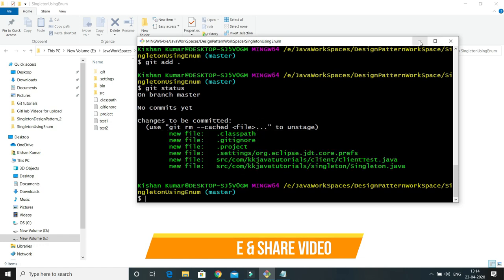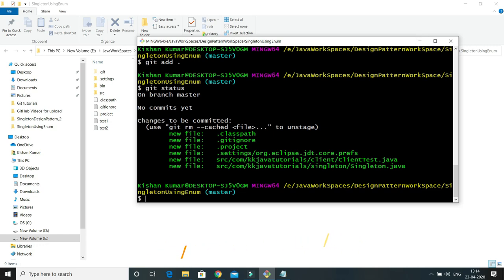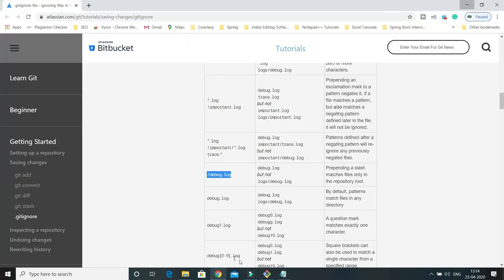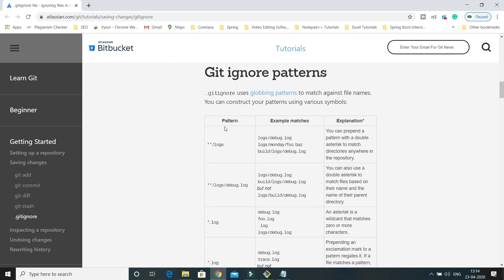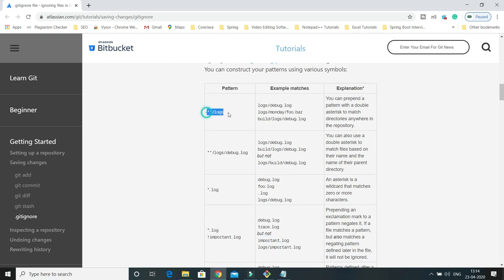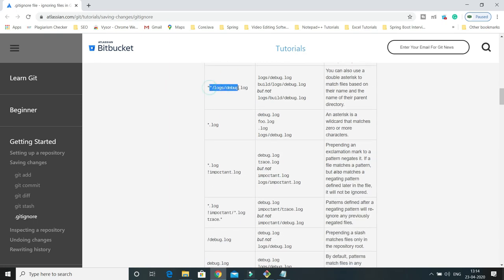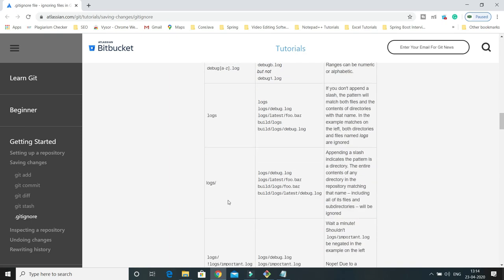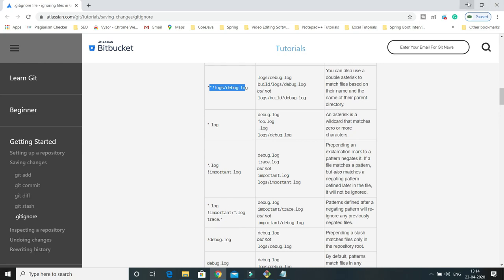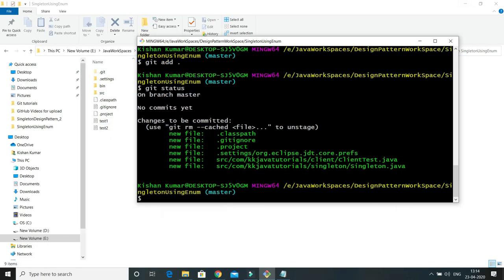So that's all I have in this video tutorial. I just wanted to show you how you can tell Git to ignore such kinds of files, which you don't want to check in on GitHub. The patterns are pretty exhaustive. So here if you go to Google and search, you'll get a lot of patterns you can specify in your .gitignore file, right? And these are the patterns you can see here. Just go to Google and search, you'll find all kinds of patterns that should be ignored by Git while checking in your code.